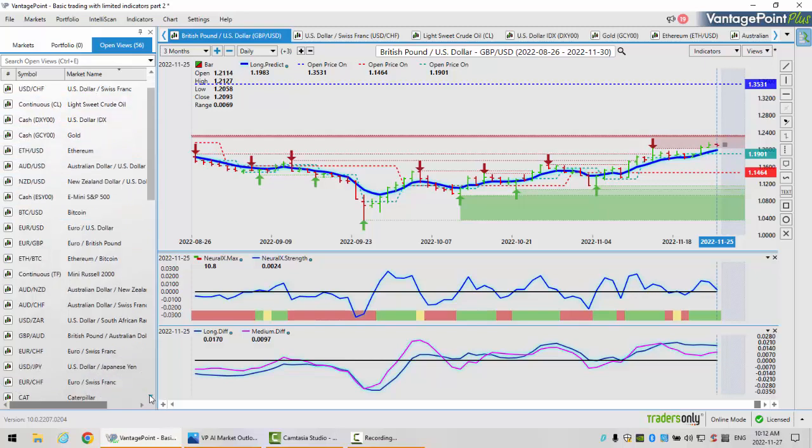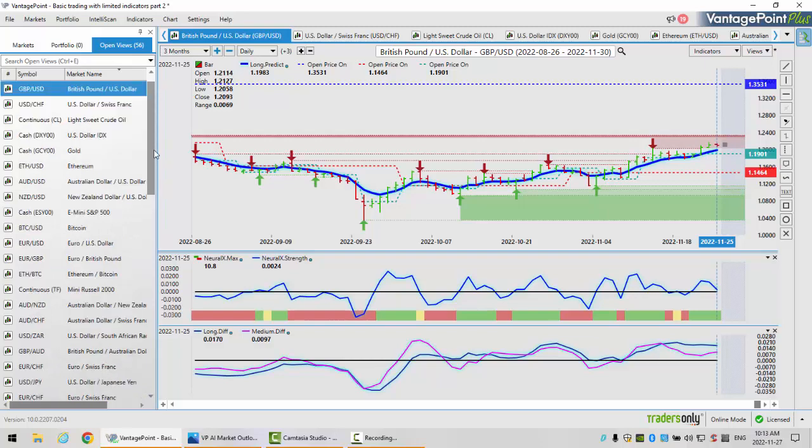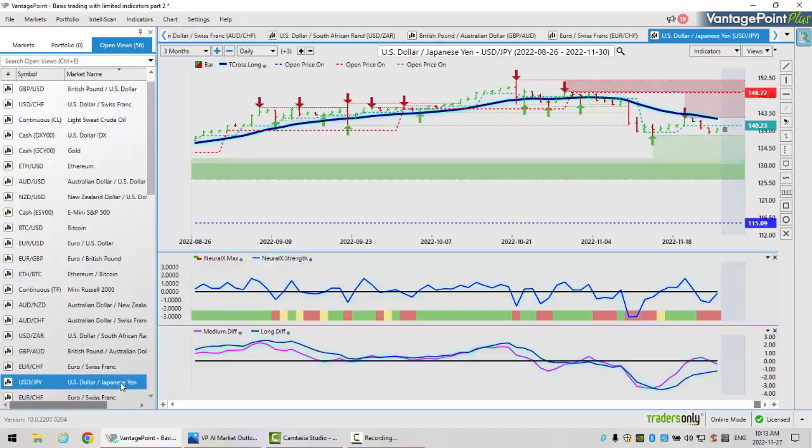Now, when we look at the most notorious pair right now that I think a lot of people are keeping their eyes on, it is of course the dollar yen pair. The yen has really taken a hit against the dollar this year, and even with this most recent sell-off from the 148 level, we're still sitting at 140, which is a pretty crazy high level in my opinion. I can't believe we got there, but we did.